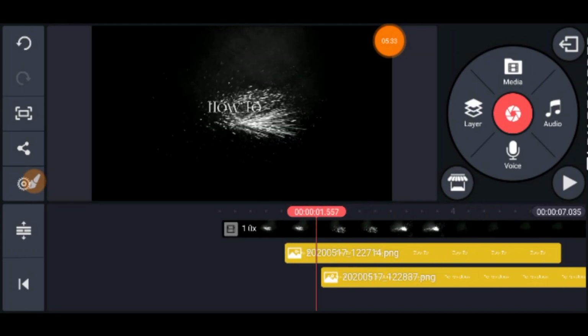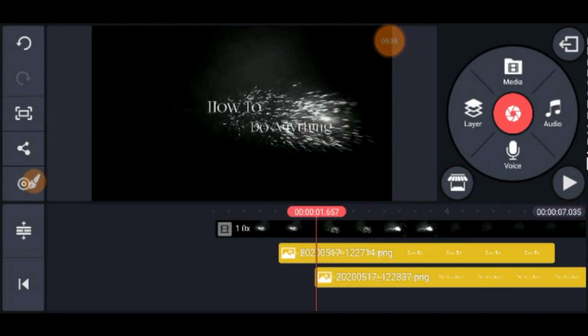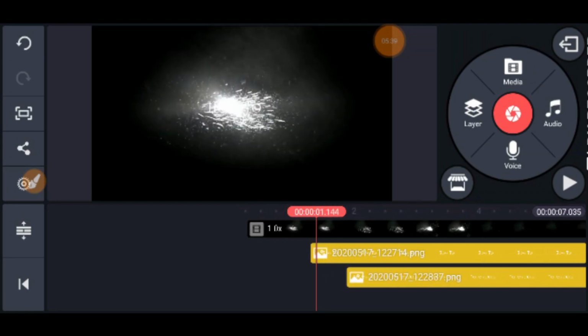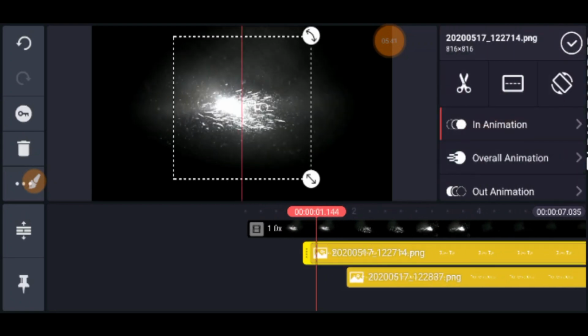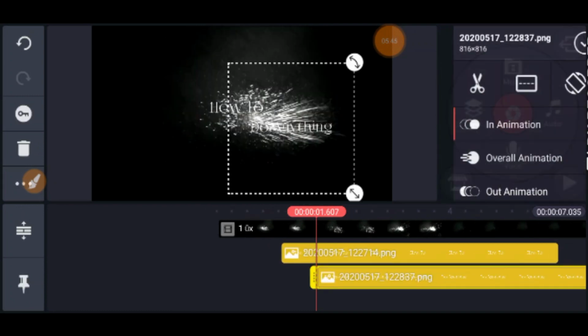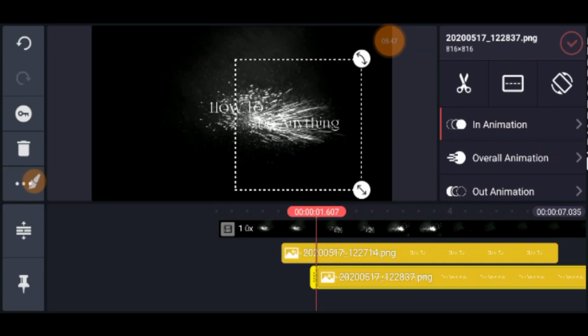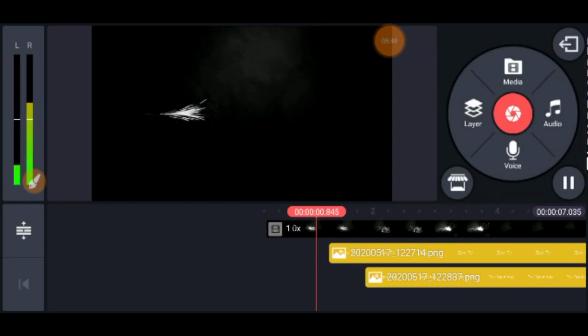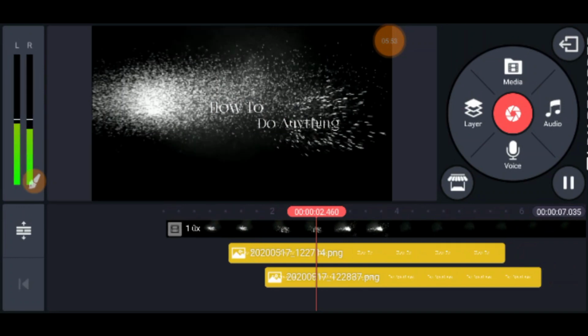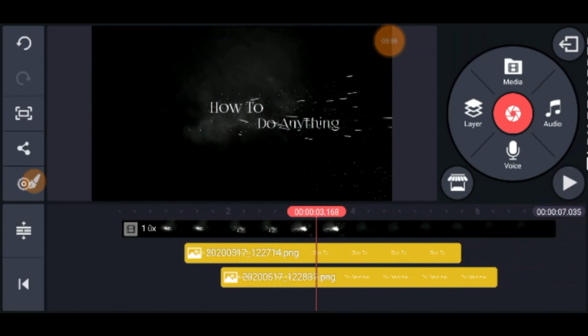So guys, I've adjusted my text according to me. If you think that the output is abrupt, you can also align your text according to you, like this, as I'm doing. And over here again I will do the same thing, and let me again preview it. So I think that's good, and now you are almost done with your intro.